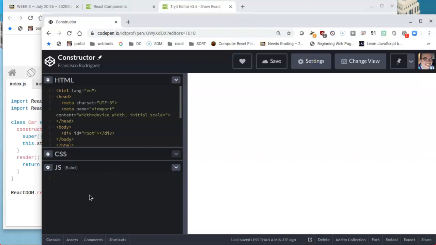So in the JS, I can start to type. First of all, give me the class. That will be Car. That needs to be a capital C, and this extends React.Component with a capital letter on the C. Open up the braces, and that will take us to the actual constructor, which takes void parentheses, and then a brace, and here we type in super with void parentheses,